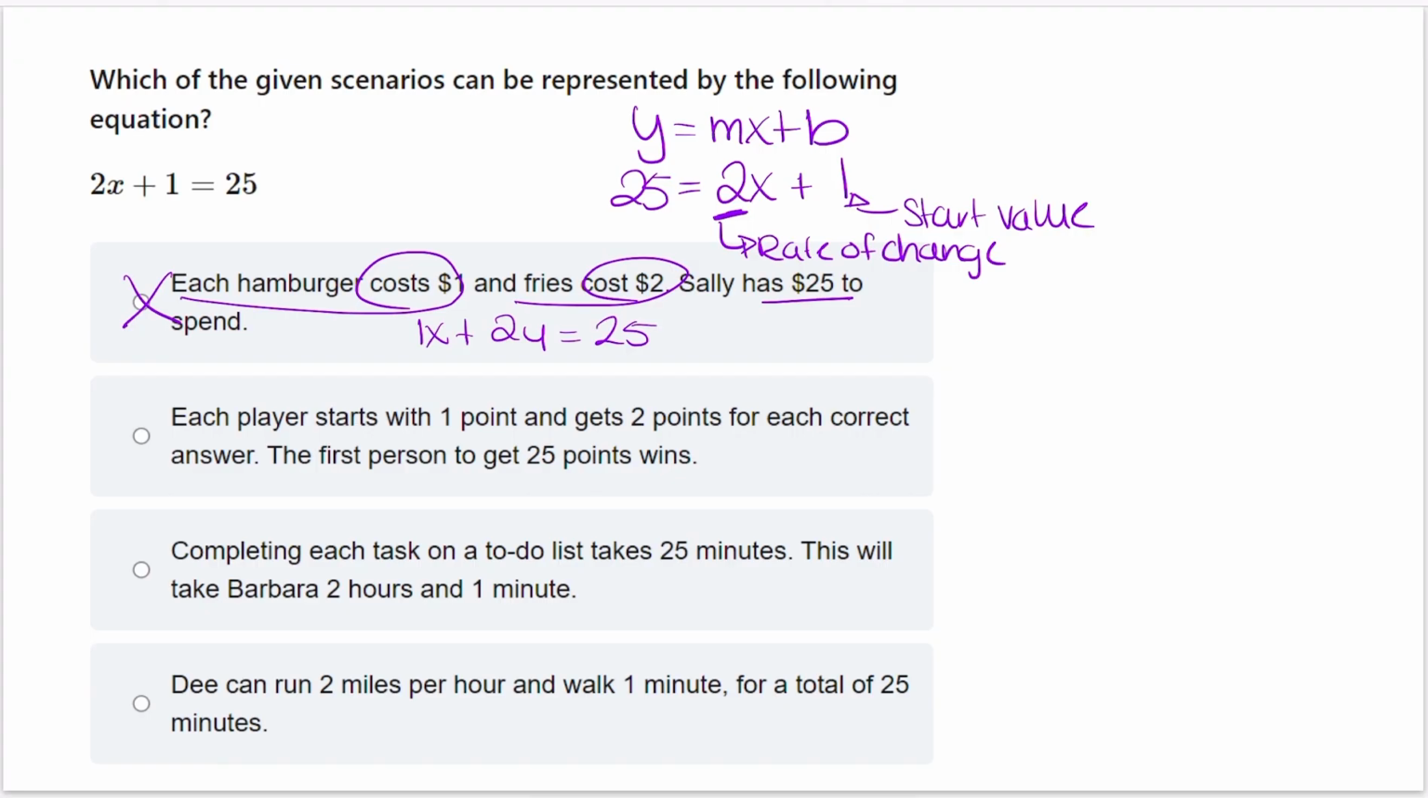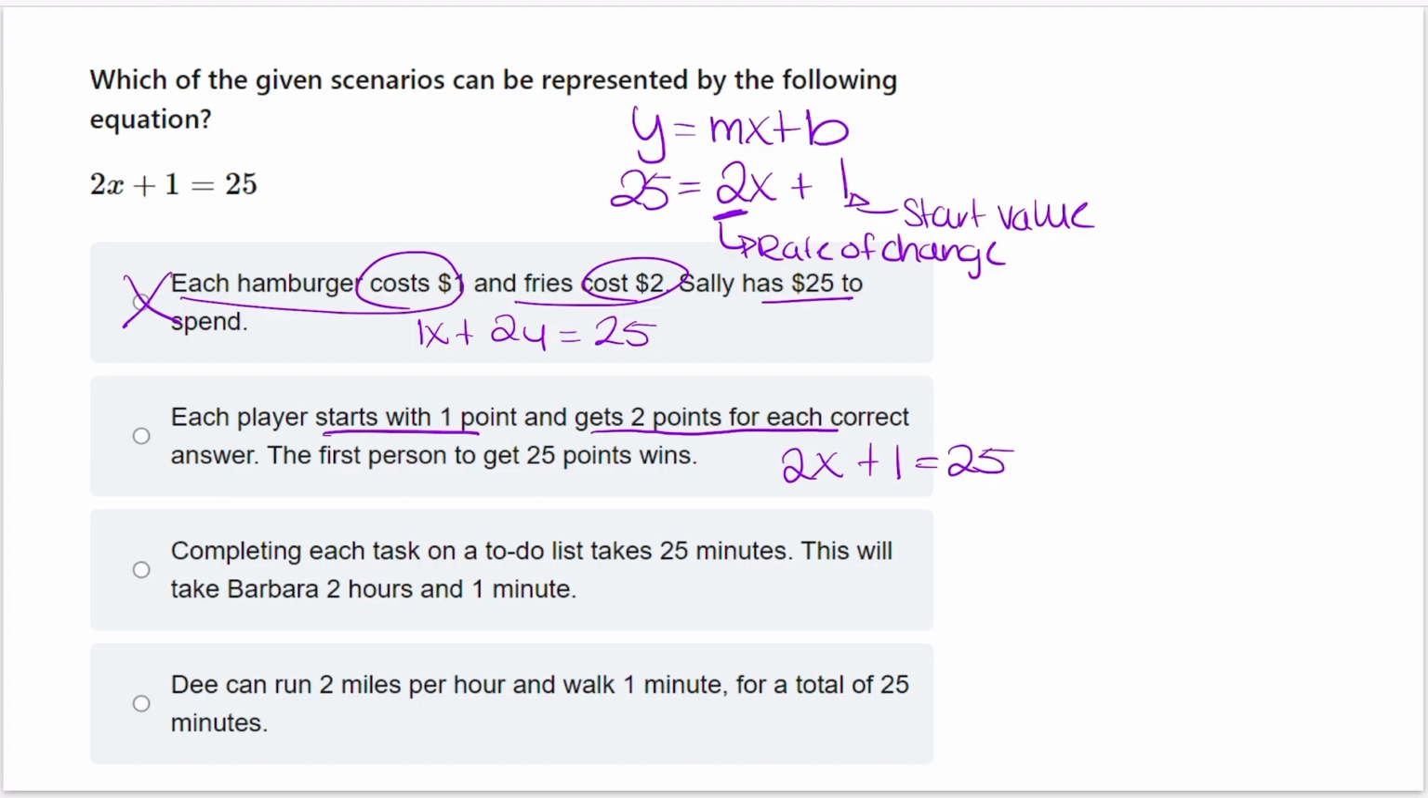In answer choice B, it says each player starts with 1 point and gets 2 points for each correct answer. The first person to get to 25 wins. Okay, so starts with 1 point, so that looks good. 2 points per correct answer, right? So that could be a 2x, that's a rate of change. And then we want that to get to 25. So this is already kind of looking like our right answer, but let's go ahead and check everything else